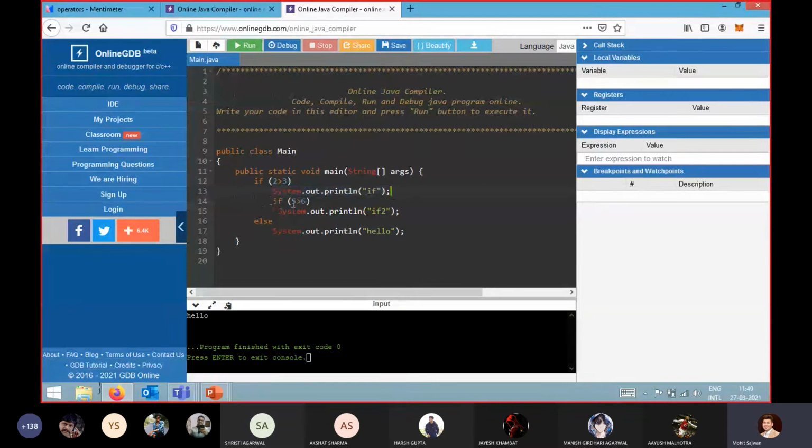So it will not consider it as a nested if. Even if you are assuming this is a kind of nested if, actually it is not a nested if. Otherwise, even if this condition is false, it will not execute this statement.